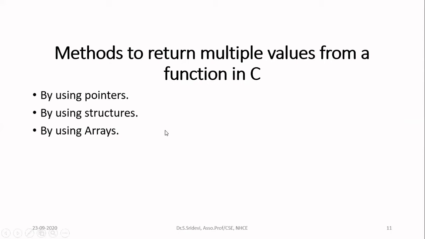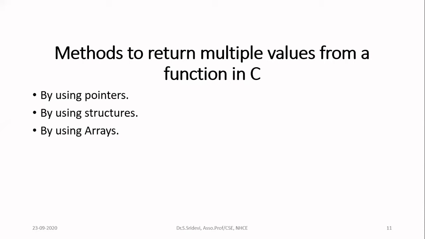Now let us see the next topic. This is how to return multiple values from a function in C programming. How do you return a value from a function? For that, we have a statement called the return statement. When you write a return statement, the function will return some answer to the calling function. Can you write a function with more than one return statement? Or can you return more than one value from a function? For example, can I write return a, b, or return a, b, c, d? Is it possible? It is not at all possible.